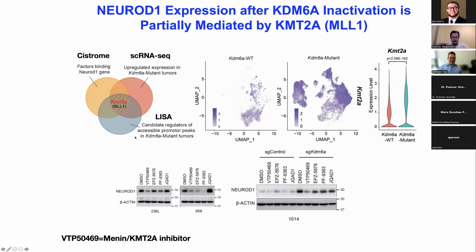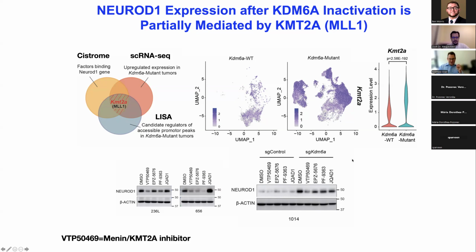And actually, things don't usually work out this way, but there's only one factor that was upregulated at that point. And that was KMT2A, which is part of an MLL complex, but more at promoters than enhancers. So different than KMT2C or 2D. And what we found treating cells really unbiasedly, we did both of these panels in parallel with different